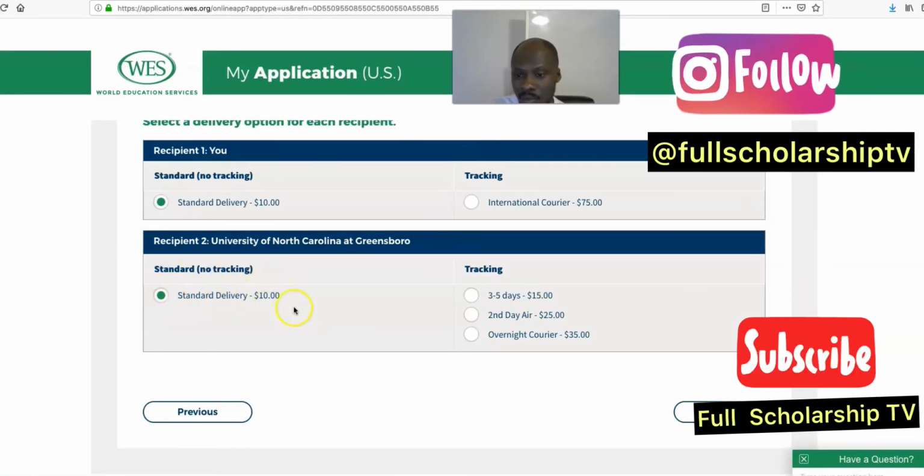I'm going to pay $10.00, and then if I want a tracking, it's better you choose one with a tracking so that you can easily track and see whether it is being delivered or not. So I'm going to choose tracking 3 to 5 days because I don't need it to be delivered on time, because I still have more time. So I'm going to choose tracking 3 to 5 days. I'm going to choose this one. And then